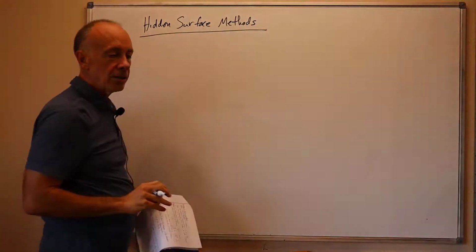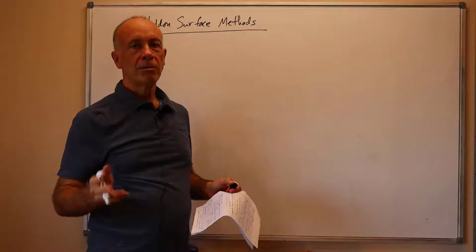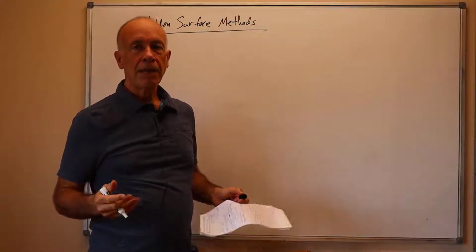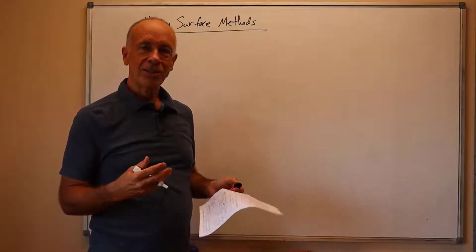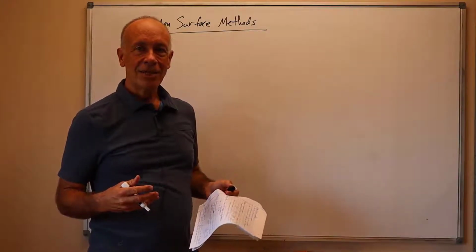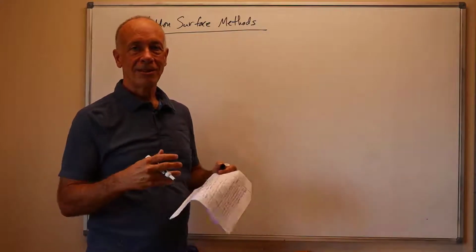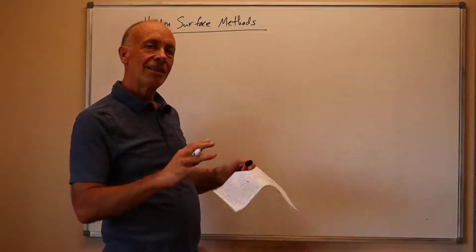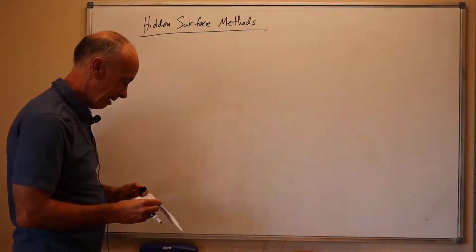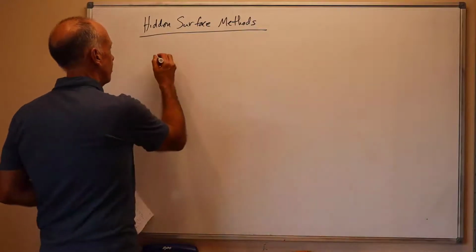So for hidden surfaces, we're in the setting where we're rendering a lot of triangles in 3-space from the point of view of the viewer, and we want to figure out which triangles are closest to the viewer and being seen, and which ones are being hidden by triangles that are closer to them. So if some triangles are in front of other ones, they hide the other ones, and we want to determine that fact. There are 3 basic methods for this. So method number 1